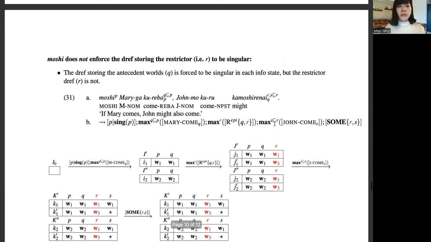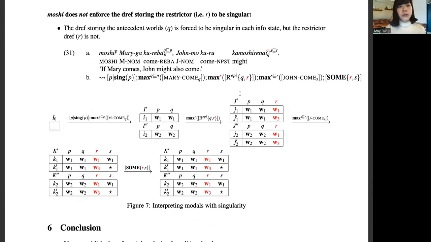Now, what happens when we have Moshi is that Moshi does not enforce the deref storing the restrictor of the models to be singular. Specifically, the deref storing the antecedent worlds. So again, the sentence is 31A: If Mary comes, John might also come, where we have a Moshi imposing a singularity constraint. The deref storing the antecedent world